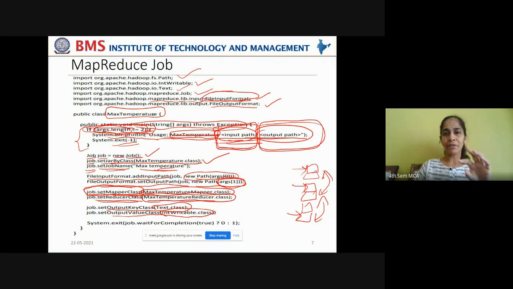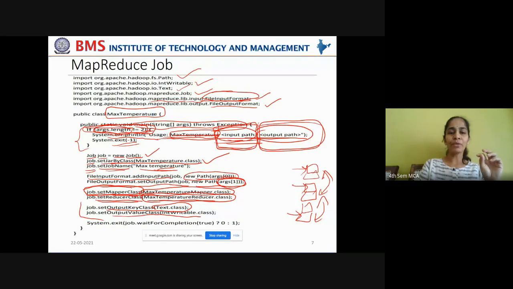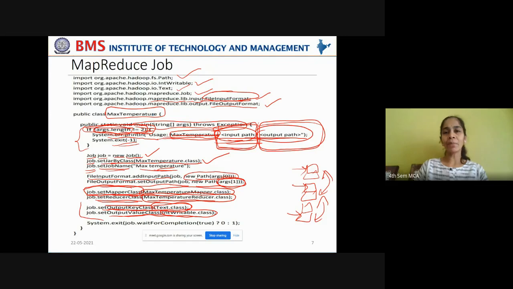So that has to be conveyed by the job object itself. Understand this carefully. The output file should understand what kind of data it is receiving from the reducer phase. So you have to set the output key class as a string value and the output value class as an integer value. So you are making the output compatible enough to the output that is passed by the reducer phase, and that also you are handing over to the job.